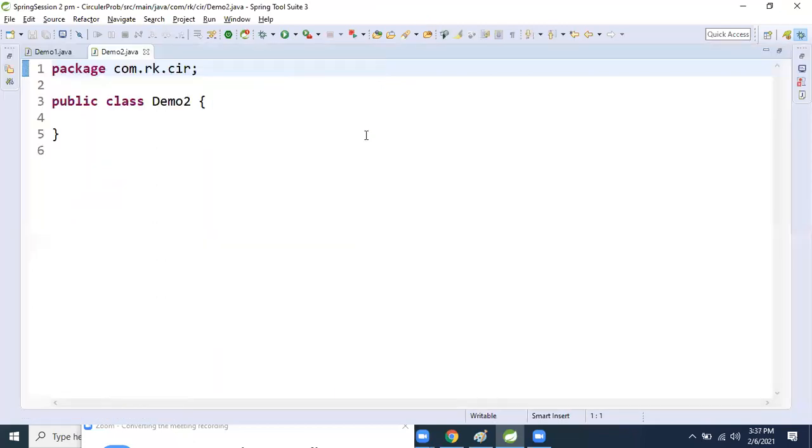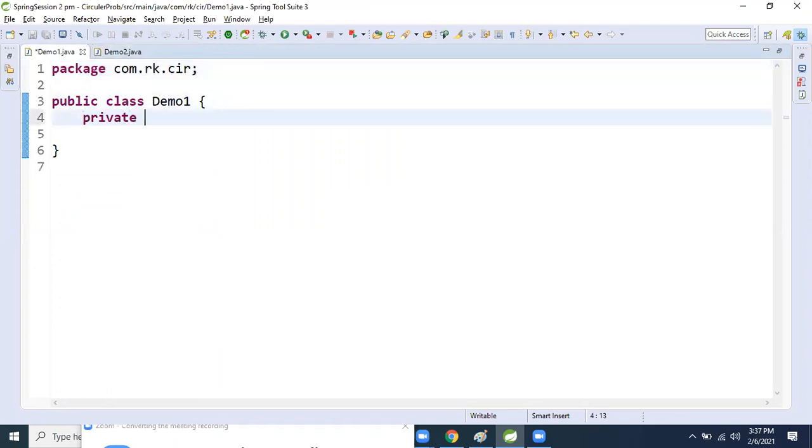This is a very important question in the interview, guys. Okay, so now I will take this Demo2 reference inside Demo1. So I will declare private Demo2 demo2 equal to Demo2.